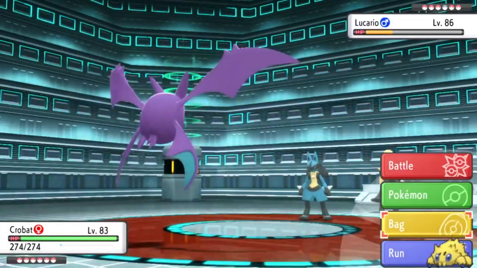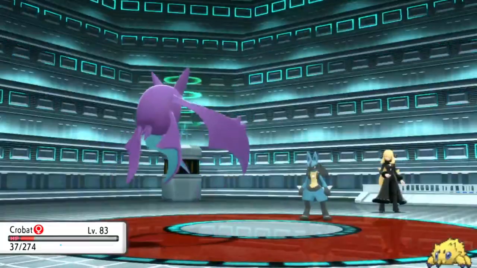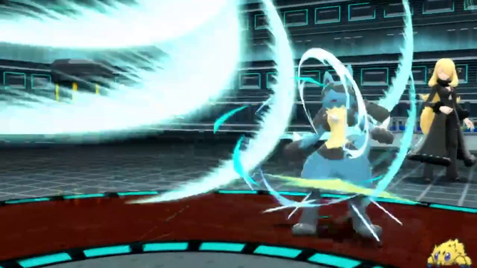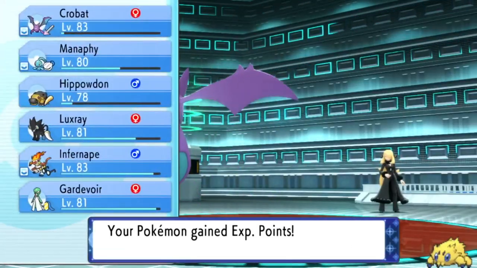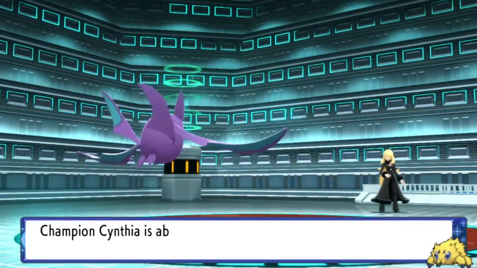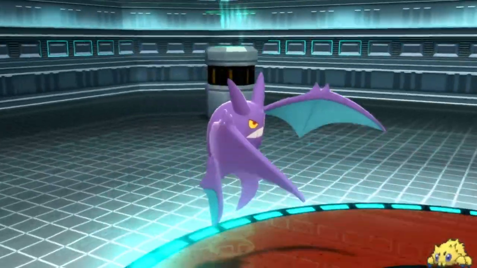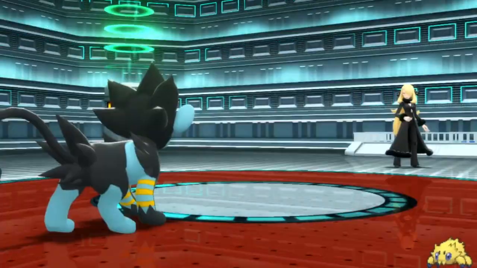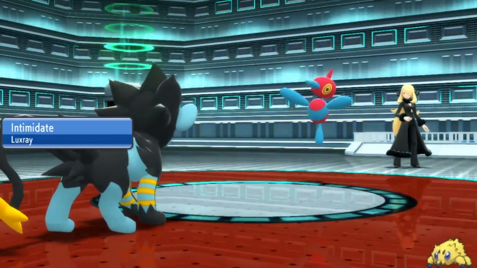Dodged the Meteor Mash. Oh, that critted. But her Lucario is going to go down to Air Slash. Now she's using Porygon Z, which is in place of her Rose Raid. It has a lot of stuff at its disposal, and by that, I mean a lot. It's also fast. But we're faster than it, so...